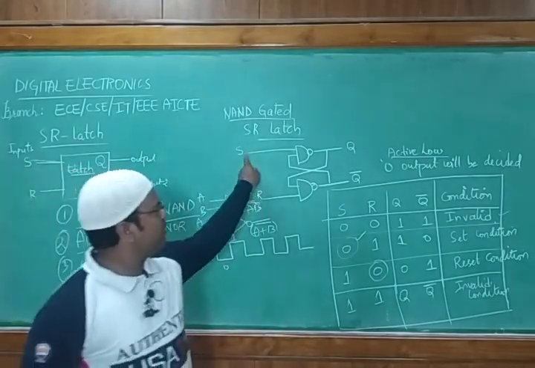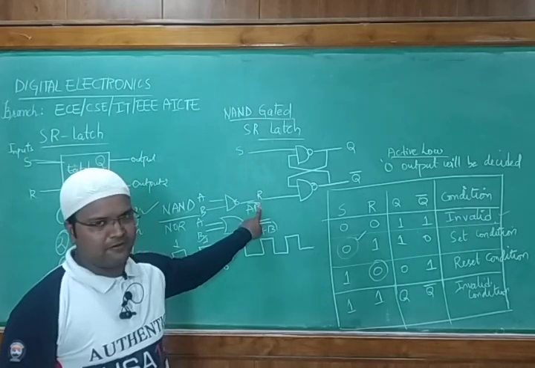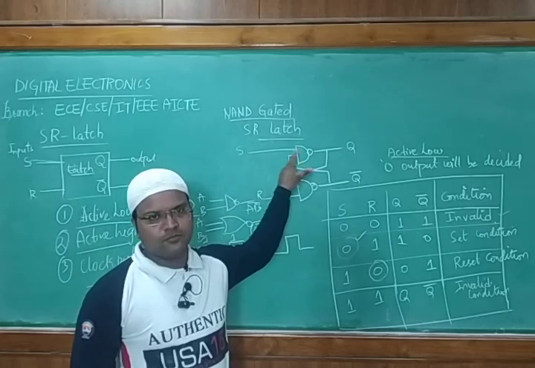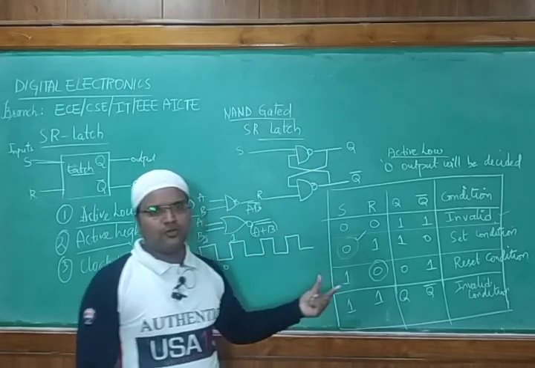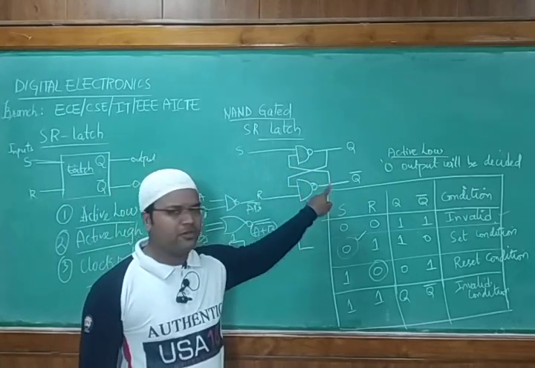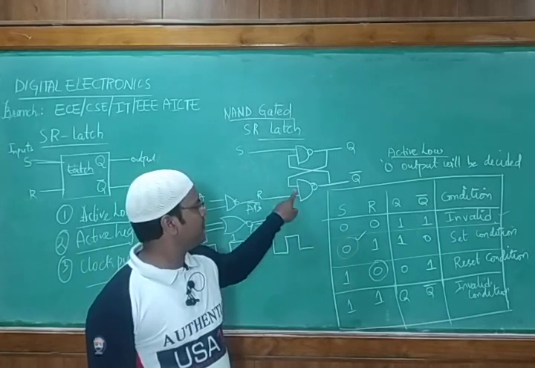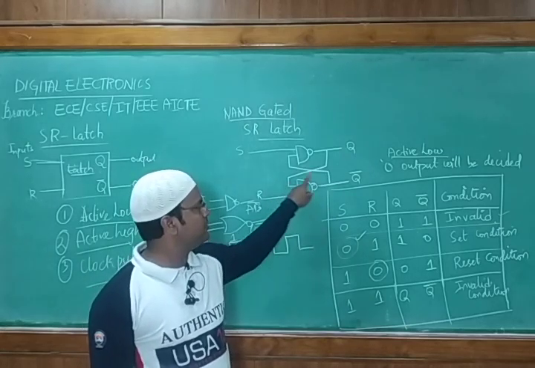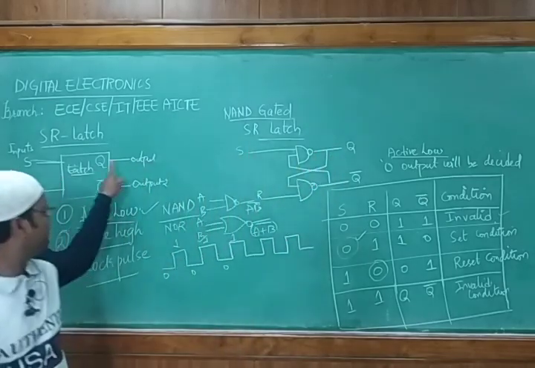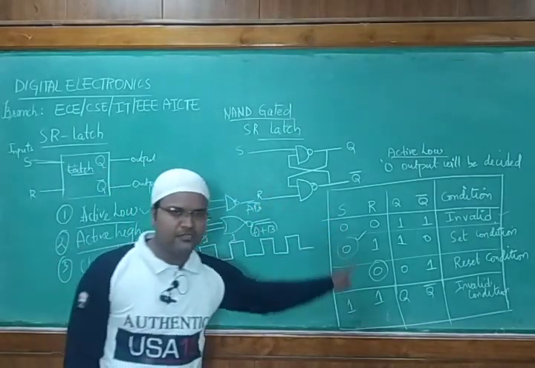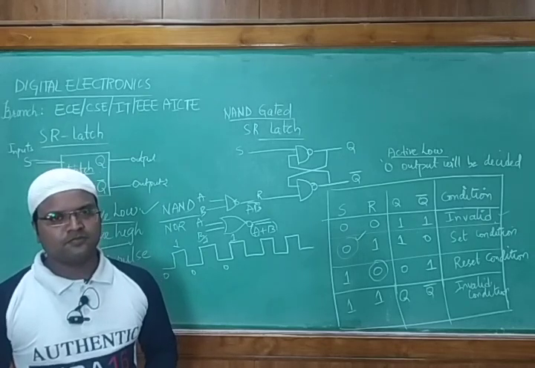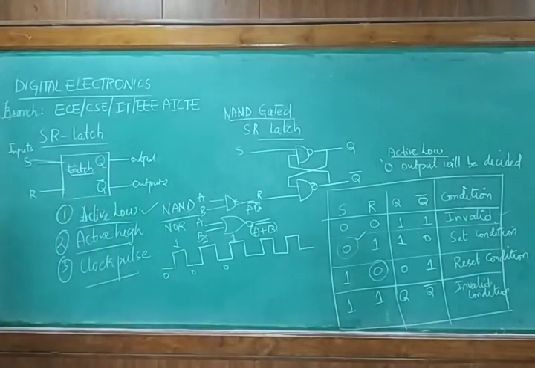In the NAND gate, we have taken one input as S and another input as R. So how do we design this? This is actually a memory element, right? It is going to store a bit of memory. How are we going to store it? By taking the cross coupling. Likewise, the input of the first NAND gate is passing to the output of the next NAND gate. Similarly, the input of the second NAND gate is passing to the output of the first NAND gate. This is the way we write its circuitry. This is the way we have mentioned its latch. Next we have designed its active low approach for the truth table of the SR latch. So make a note of it, then we'll proceed with the second one.